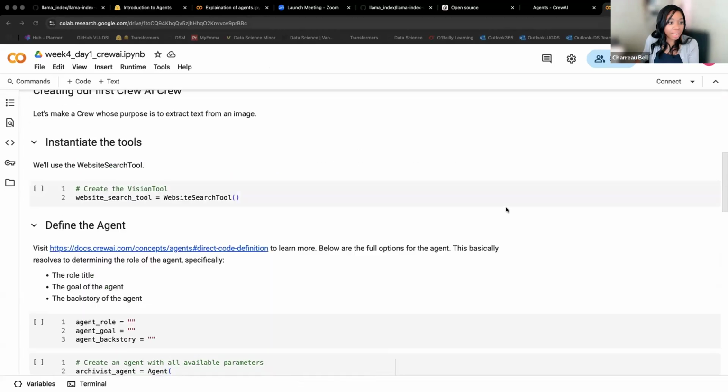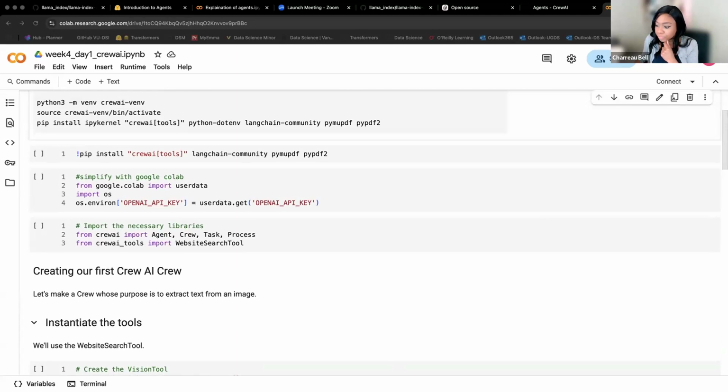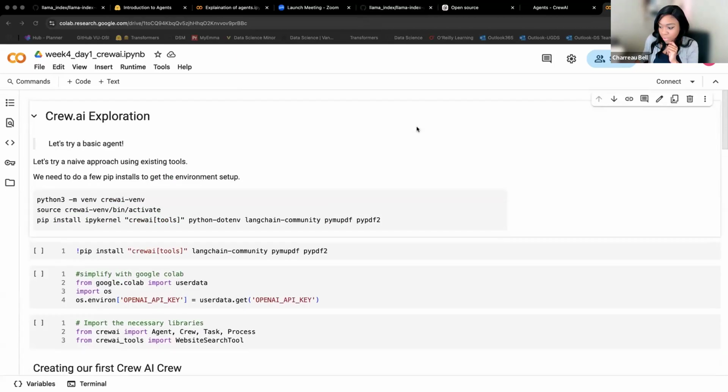And once you open that, you may need to click the open in Colab button there at the top. So give me a quick thumbs up if you're able to successfully open that. All right, great. Okay, so there's some things that we're going to do here, and I might give you a little second to do it.